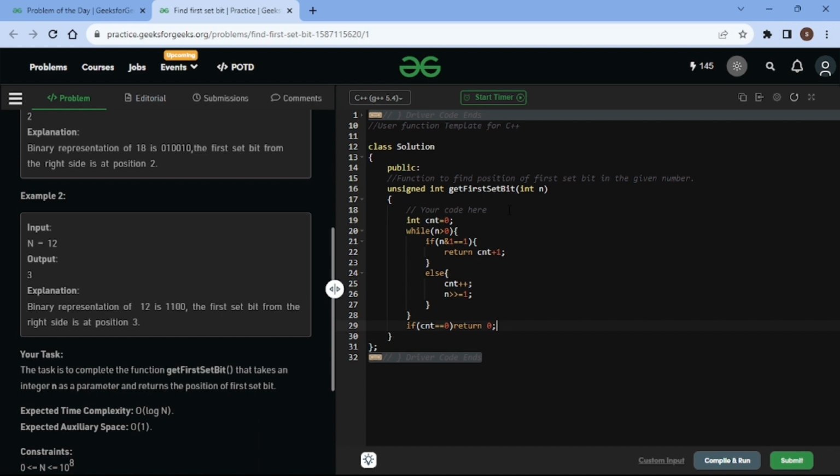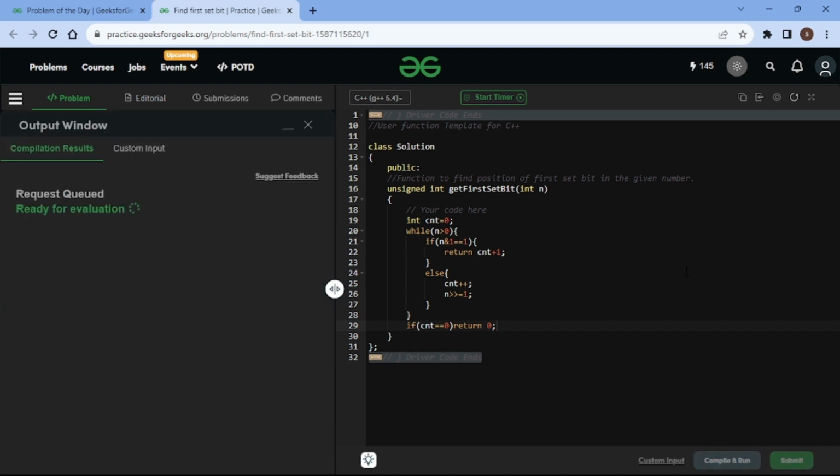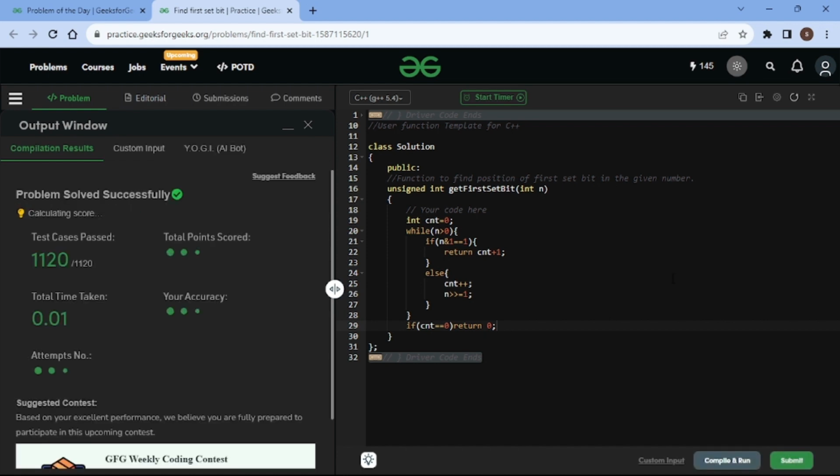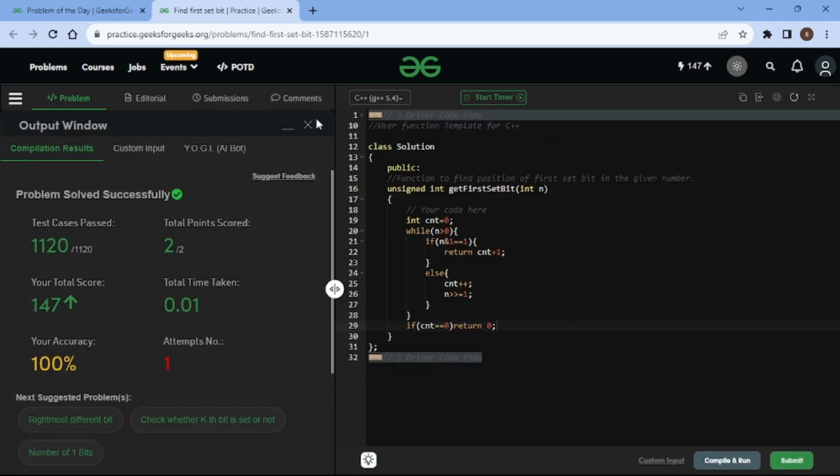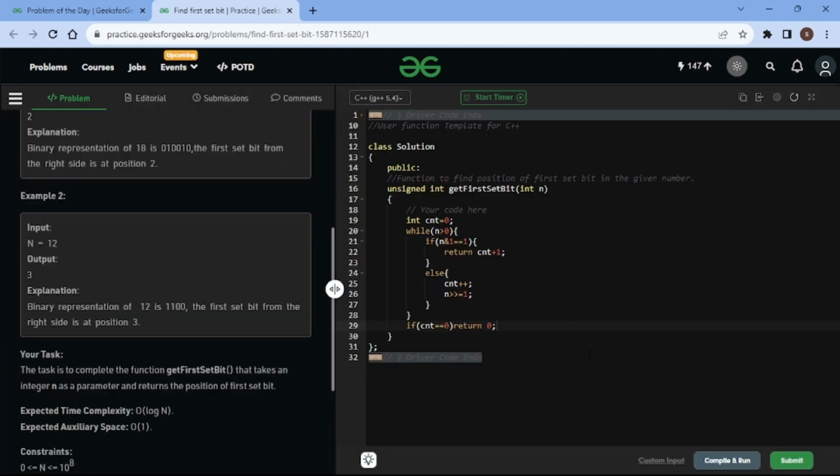Now we successfully compile and run the code. Now see what happens. You can see that we get the expected output. Now submit the code. You can see all test cases pass. So that is how we solve this question. Let us discuss one example so you can clearly understand.